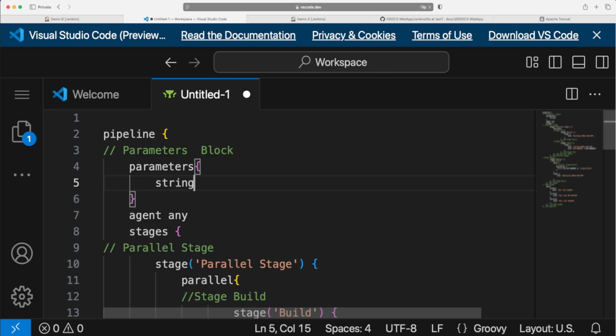In this string, our use case is to take a branch name instead of hard coding the branch name, right? So this is specifically the parameterized build, it's to just take an input from the user, so you do not need to hard code the value. So for that I will say branch, and I have to